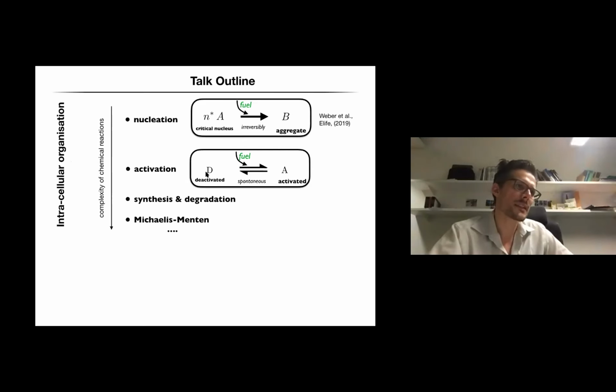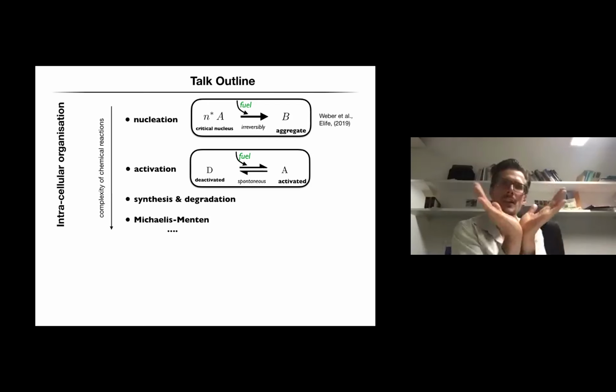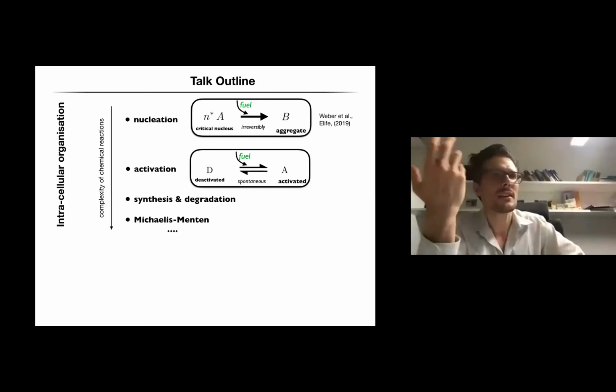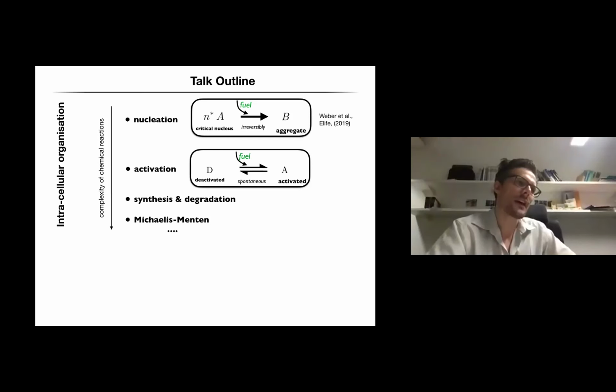Or, and that's the example I will focus on today, to activate molecules. So a two-state model, right? Where a molecule can open or close, has two states. It's super important for many protein folding transitions, where you use fuel to activate the components. And we know how to describe this for a homogeneous system. And then we just ask the question, once you have drops, how does this change? As a spoiler, it can dramatically affect